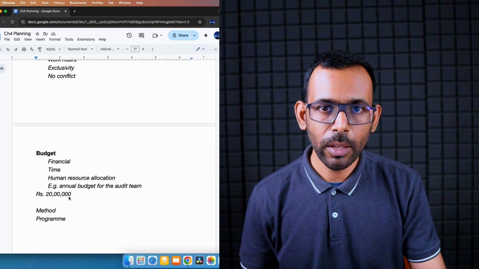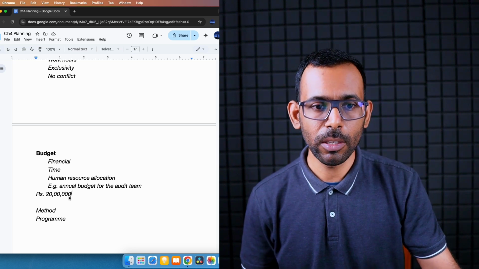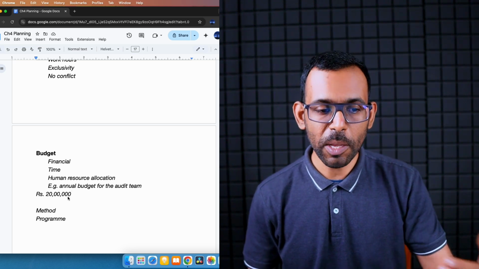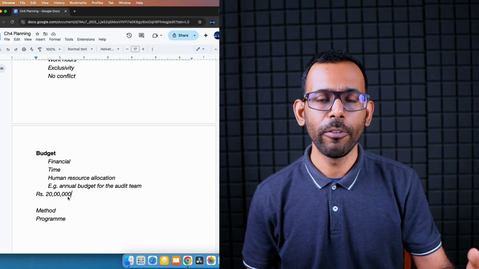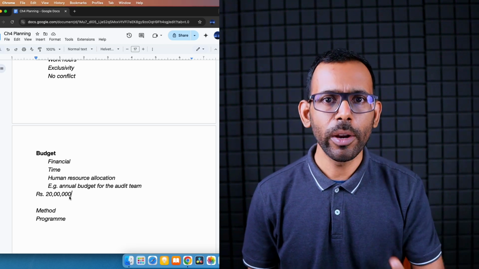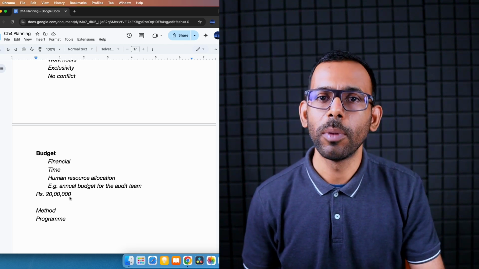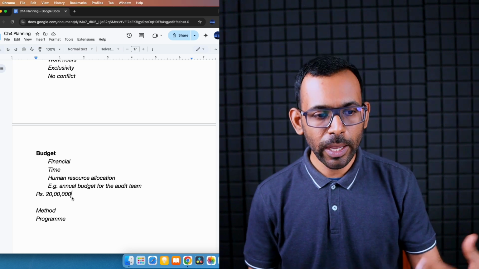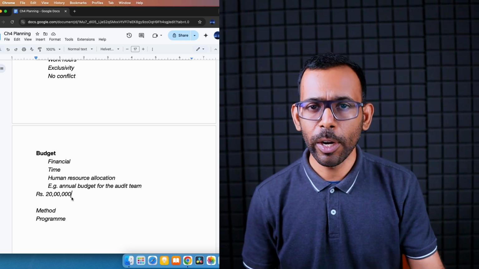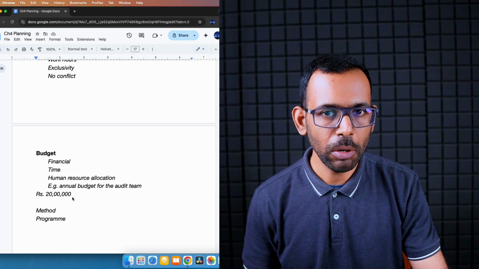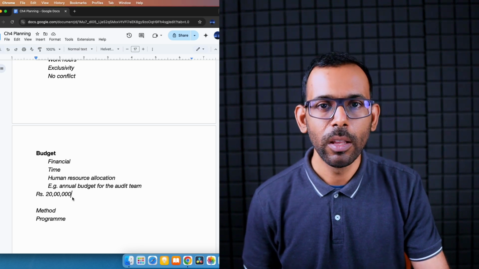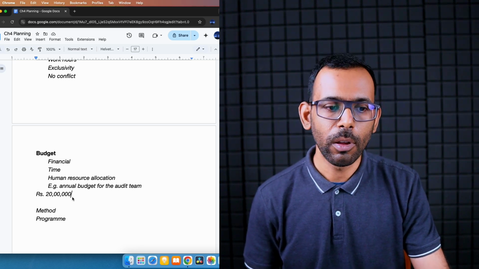At the end of every year, the expenses incurred by the manager should not go beyond 20 lakhs. So my boss had a responsibility of carrying out all the audit projects within this financial budget. In case of special occasions or unavoidable situations, it might go beyond 20 lakhs, but that should be very rare. So that is the concept of budget.